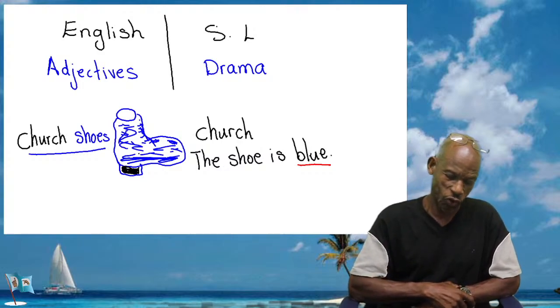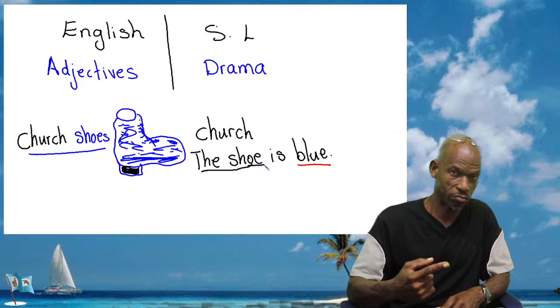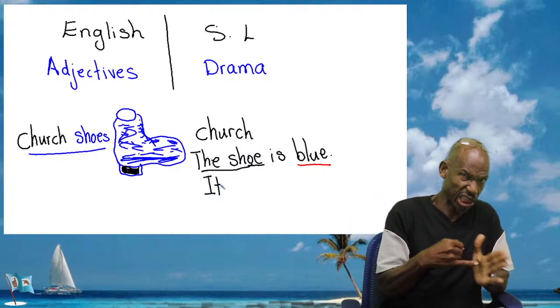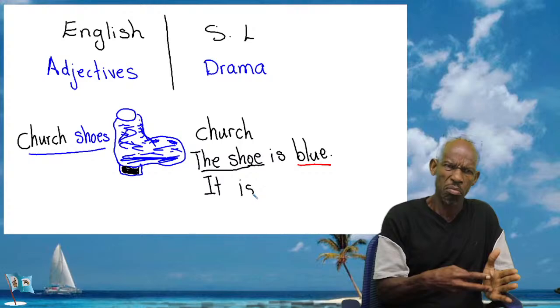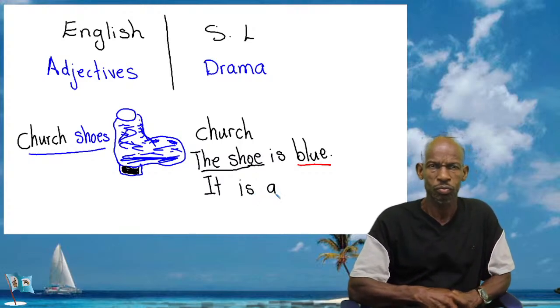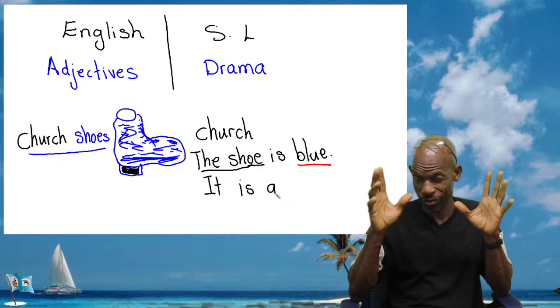And instead of saying the word shoe again, I'm going to use a pronoun. I'm going to say it, which is really the shoe I'm talking about, is a, and in the order of the words, when I want to use the word church, I will say it is a